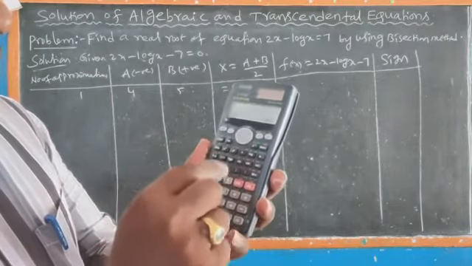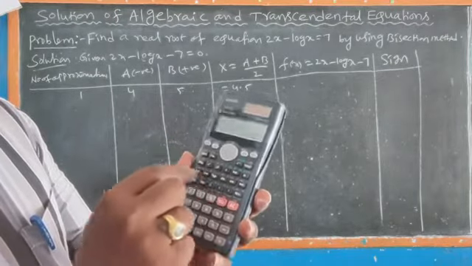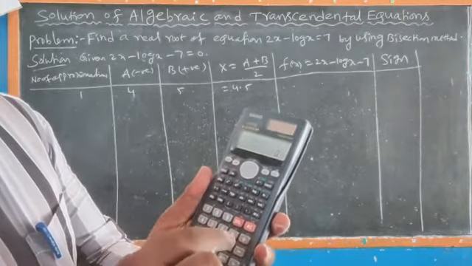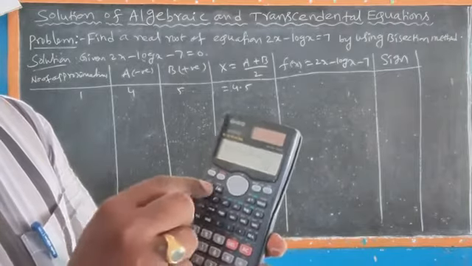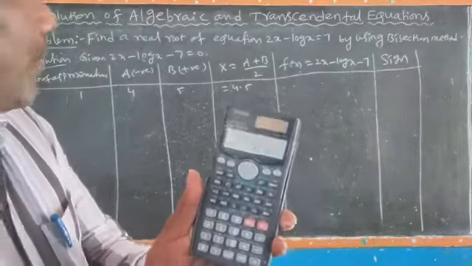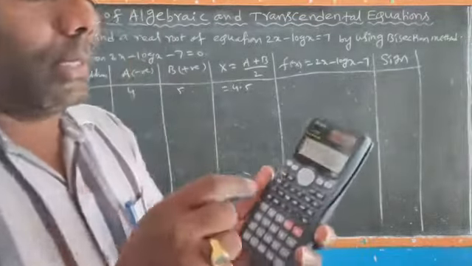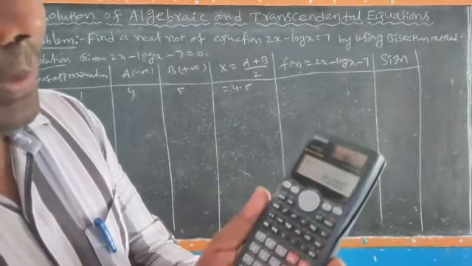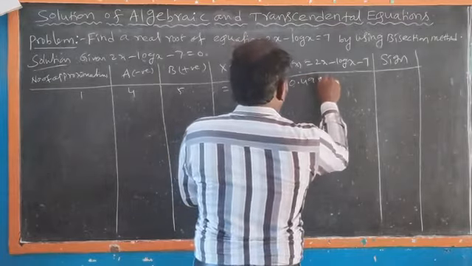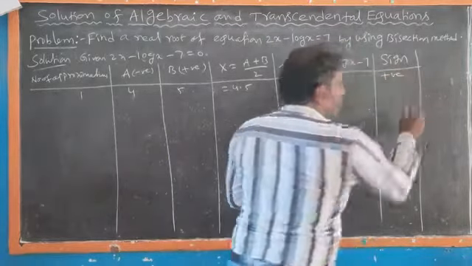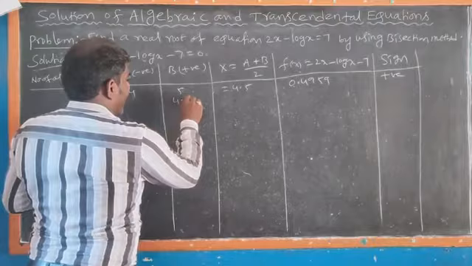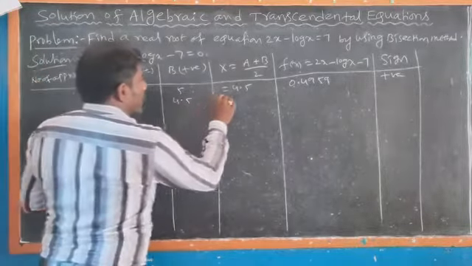Now the formula: alpha x, alpha is equal to (alpha a + alpha b) divided by 2. Now calc: a value 4, b value 5, x = 4.5. Now substitute the x value in that function, then equals 0.4959. This is a positive value. So substitute the x value in b, 4.5. This is 4. This is the second approximation.